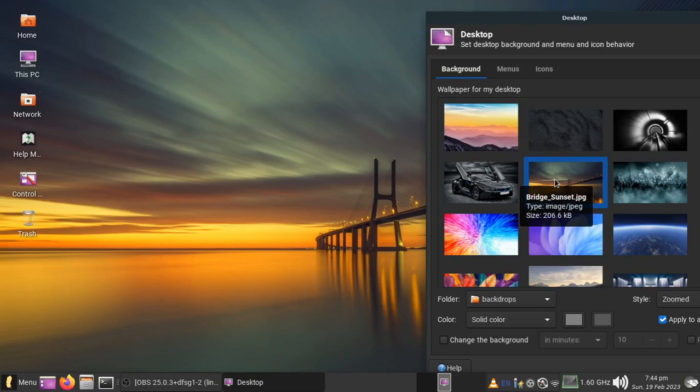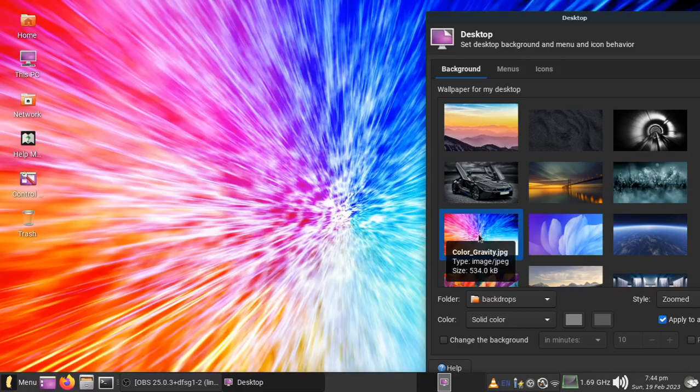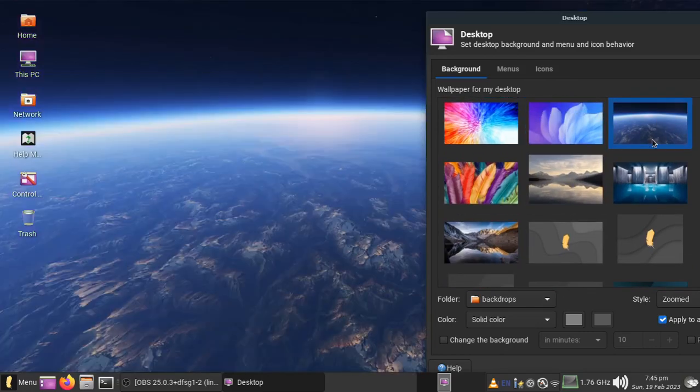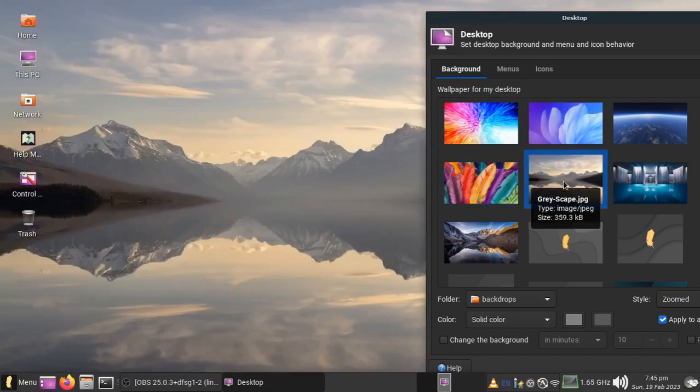What is the title of this one? It's a bridge sunset. Where's the sun? We also have the close up of the grass in black and white, color gravity, digital pastel. We also have the Earth horizon, feathers, the Grayscape,